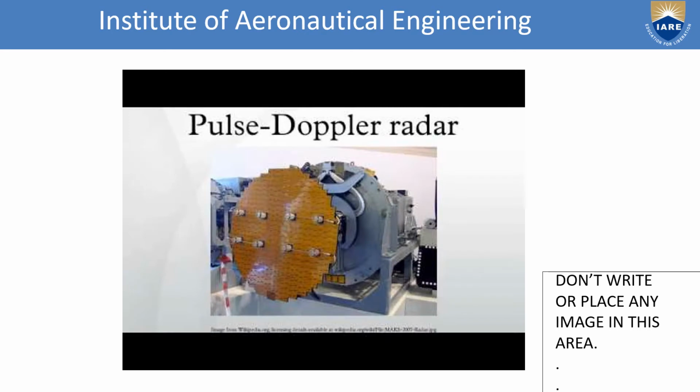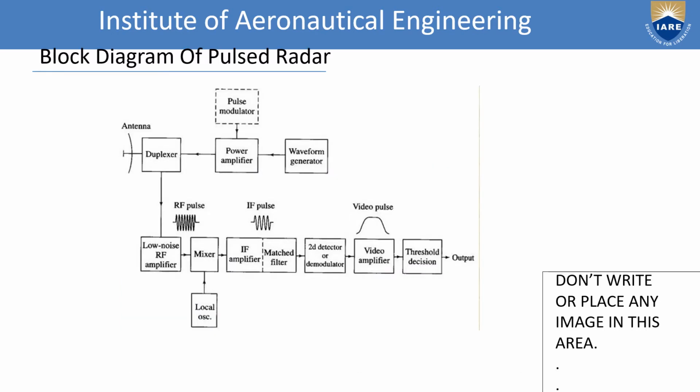This is the following diagram of pulse Doppler radar. Block diagram of pulsed radar: antenna, duplexer, pulse modulator, power amplifier, waveform generator,